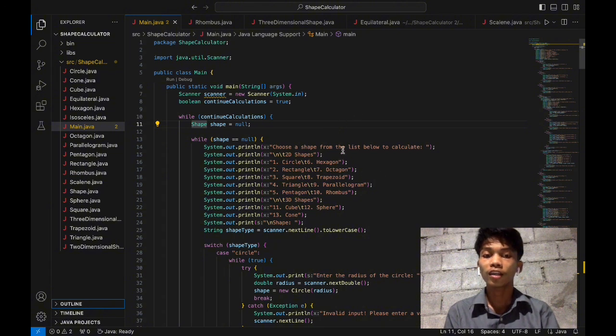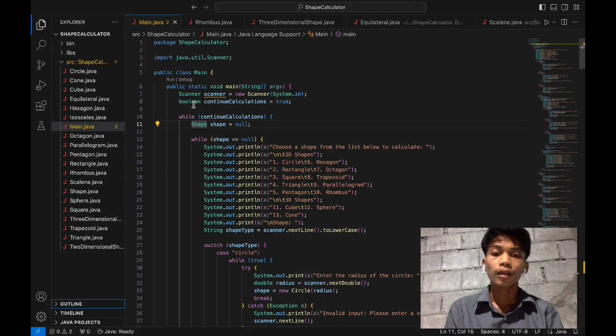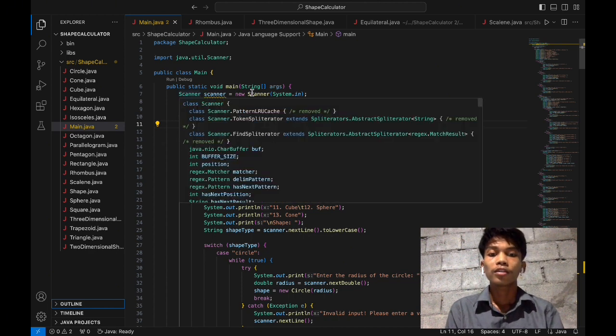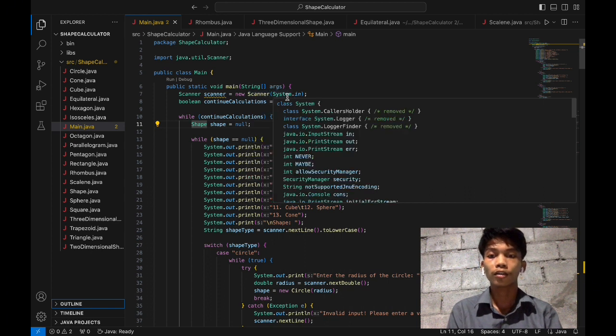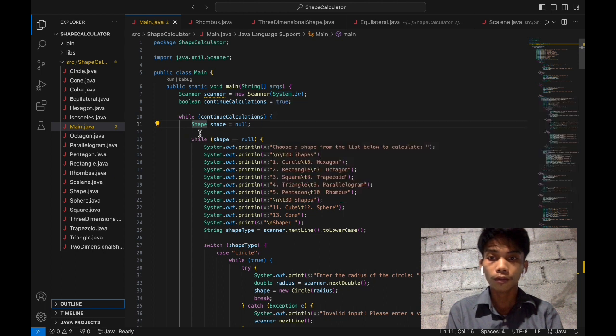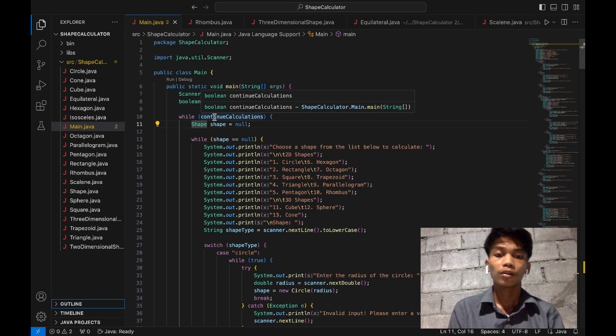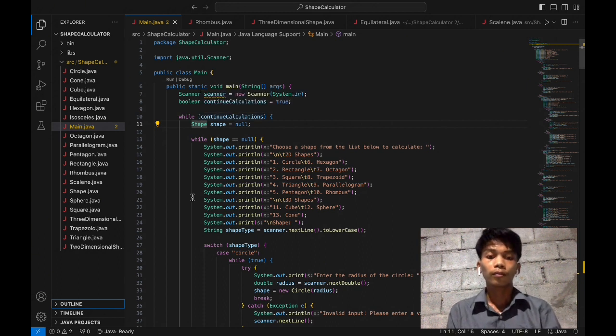We started by creating this Scanner scanner = new Scanner(System.in). This scanner object is used to read the input from the user. Also we have this while loop, where we have the boolean continueCalculation, and this boolean will control the whole main calculation loop.